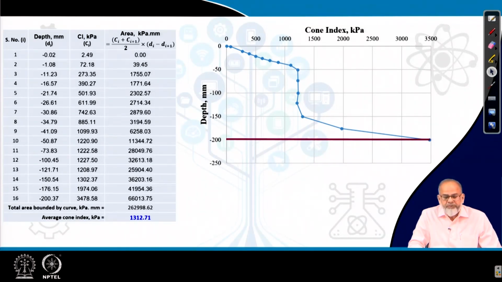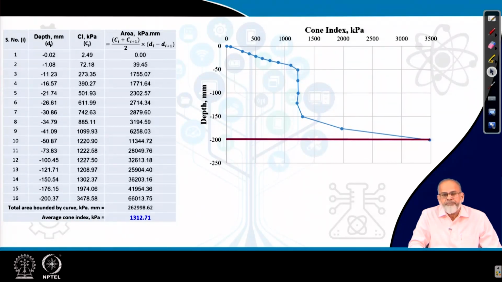So the output of that load cell will be recorded in the computer using a data acquisition system. Similarly, we are also interested in measuring the depth. What is the corresponding depth at which you are measuring force? So to measure depth, we require